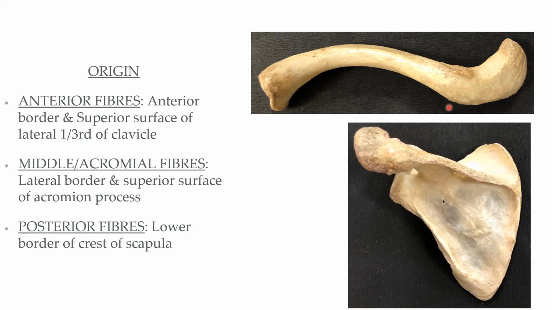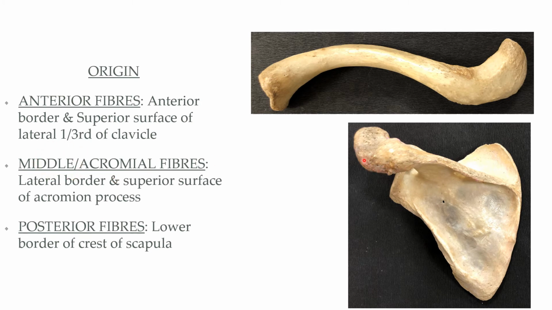The other bone which you can see is the scapula, and this is the crest of the spine of scapula. So the crest of the spine of scapula consists of two borders. This is superior border and this is inferior border. The medial end of the inferior border consists of a tubercle which is known as deltoid tubercle. We talked about the deltoid tubercle, that this is the site of insertion of inferior fibers of trapezius. Now, the spine of the scapula continues laterally as acromial process. This is the lateral border of the acromial process, which is the site of origin of middle fibers of deltoid.